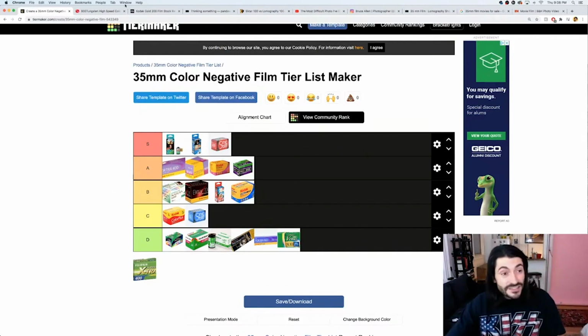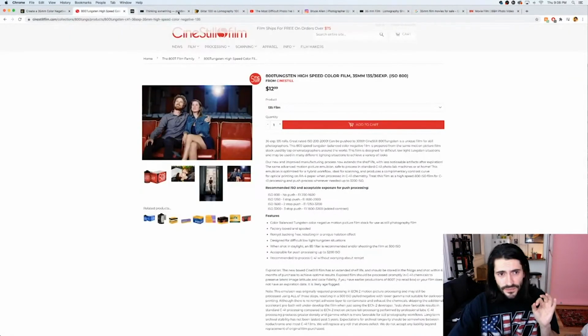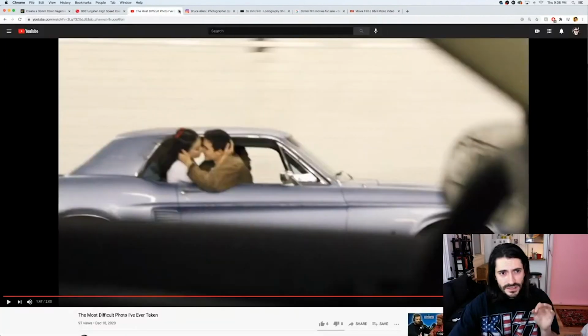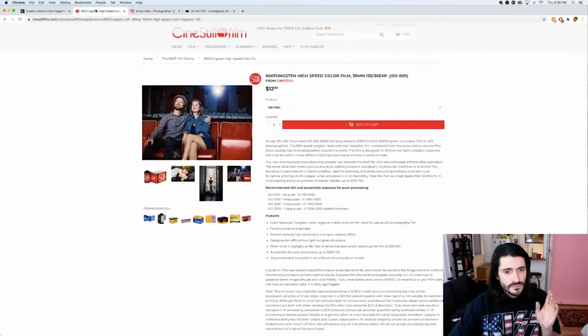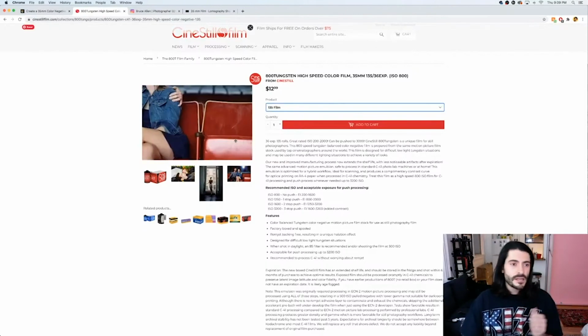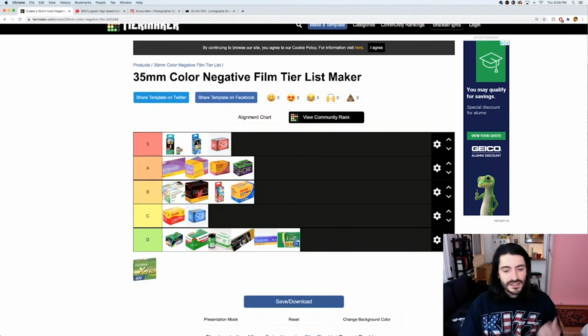The price has actually dropped. Where's the Amazon link? Wait, where? I have so many tabs open. What was this? We'll keep that open. The fact that it has such a dynamic range that you can push it a lot, that's amazing. The fact that it's come down in price and that it is from cinema stock, easy